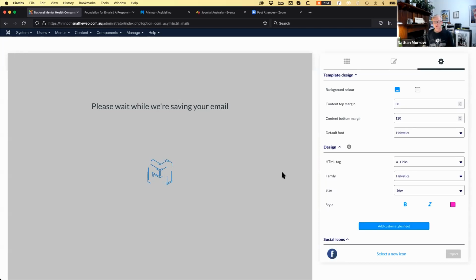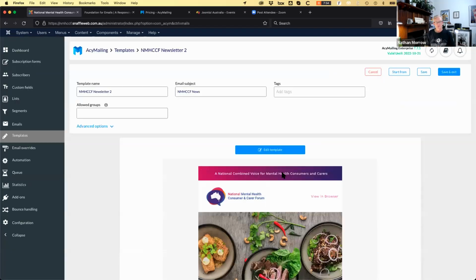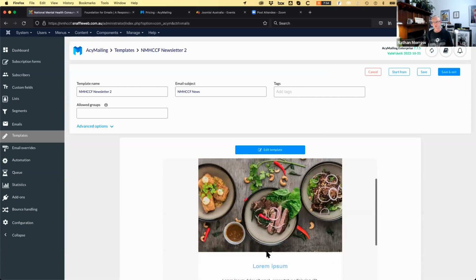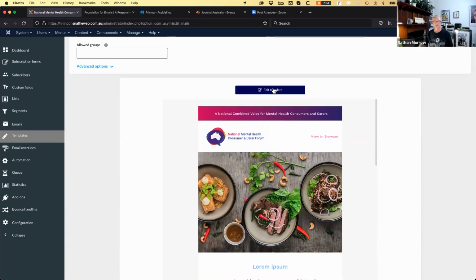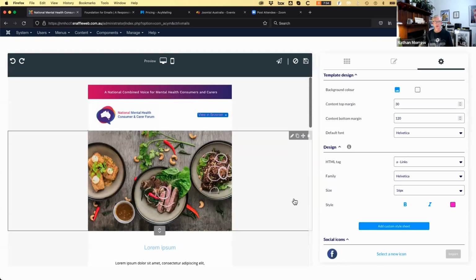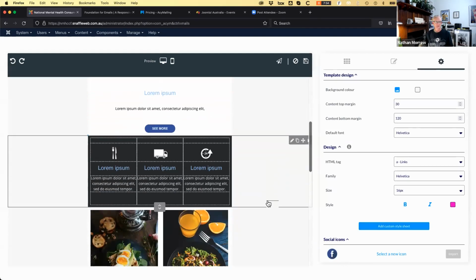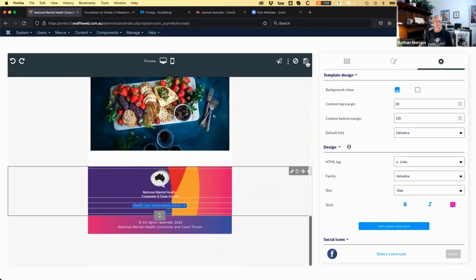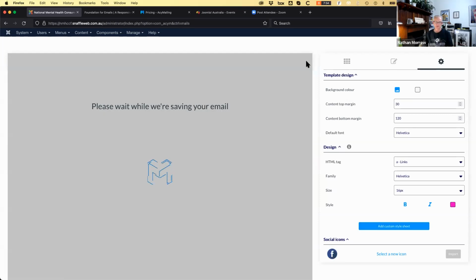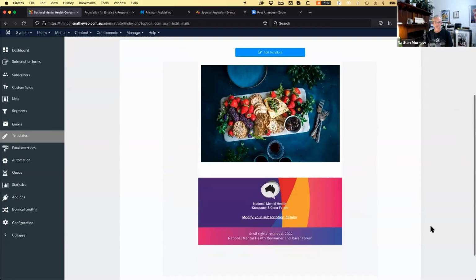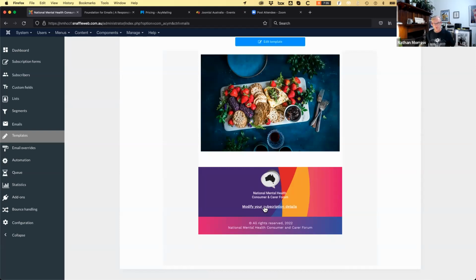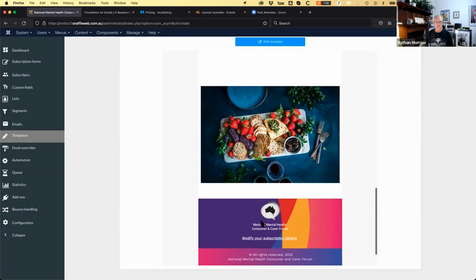So essentially, if you're willing to spend the time and do the coding, you can customize it to the help with custom CSS. You can also customize the layouts if you want to get into the HTML. Oh, sorry, I forgot to demonstrate the white. So now my modify your subscription details is in white text on the background.